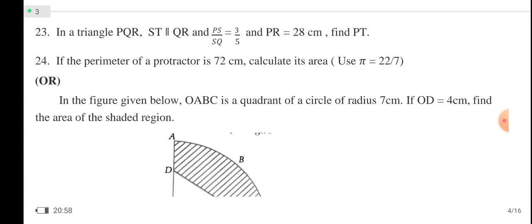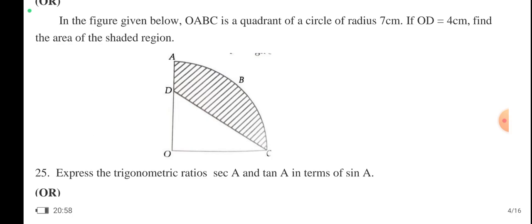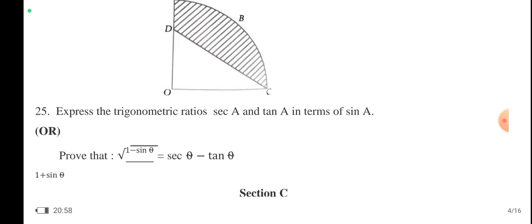24, my favorite question: perimeter of a protractor, pi r plus 2r. So 24th is from Areas Related to Circles. Then another one is the shaded region. Then 25 is from